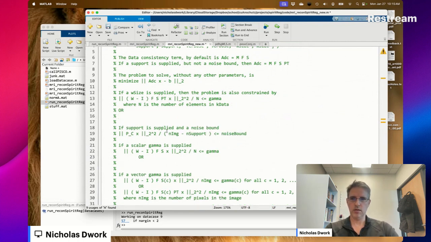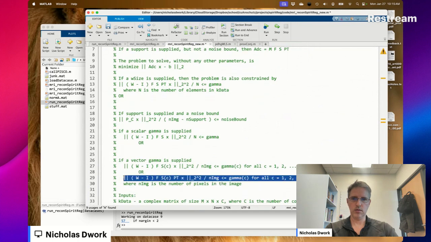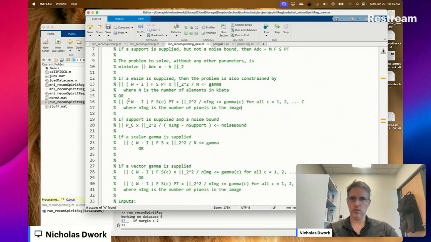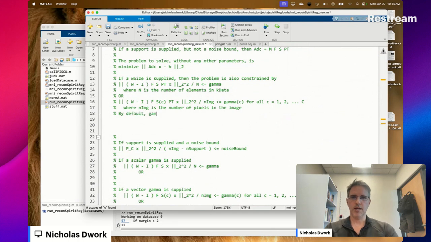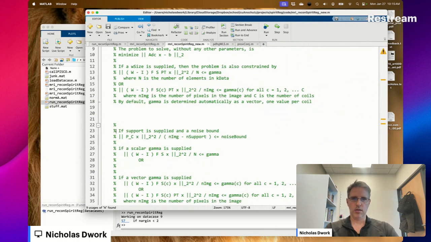Or by default, gamma is determined automatically as a vector. One value per coil. Constrained by